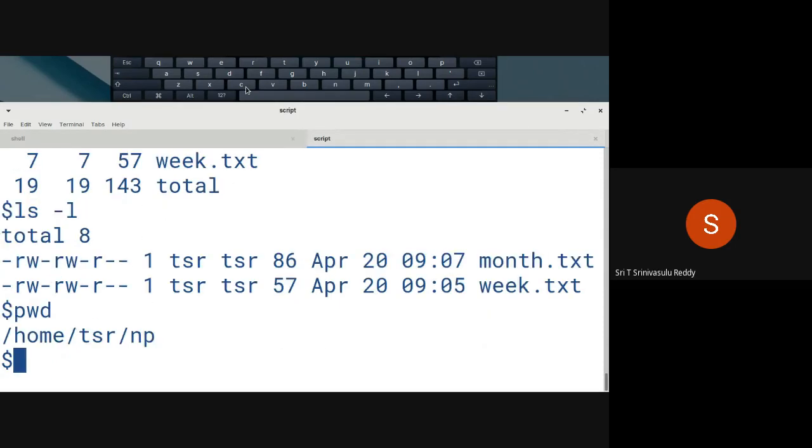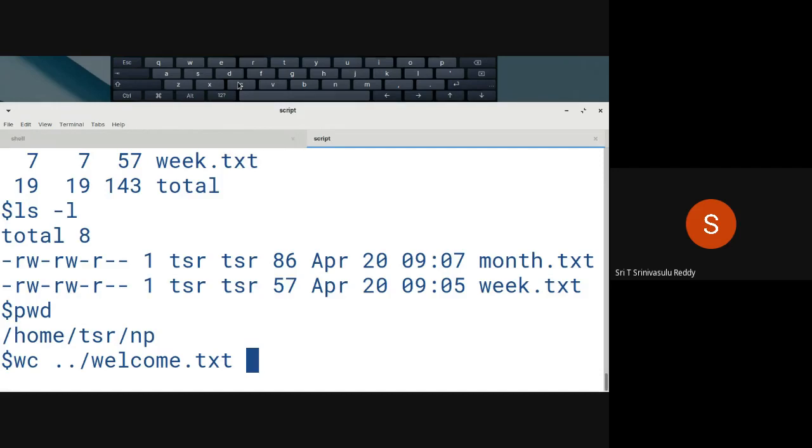What is the parent directory of that particular thing? As you can see, when you give pwd, it is giving under the root home and under home tsr, under tsr np. So now you want to get to know the statistics, how many characters and all that are there. When you give a dot dot, it means the parent directory of the current directory. Right now you are inside NP. When you give dot dot, it goes to the parent of NP, which is nothing but TSR. So in the TSR folder, we have created a file called welcome.txt just now.